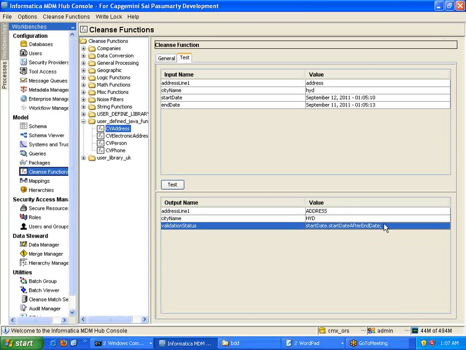So that is what happens with the hub console, where you will see all the options of what is required to build a new plunge function from scratch and get it implemented and integrated with this MDM Hub console.